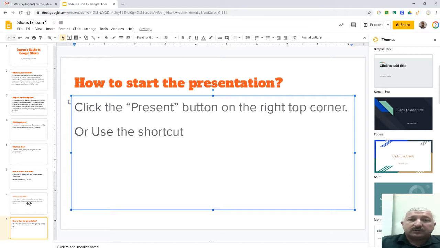Let me show you the shortcut. I'm going to the top right corner and finding the present button. Do you see this one? Good. When I hover my mouse on it, do you see the keyboard shortcut? It says start presentation, CTRL F5. So let's type the shortcut, CTRL plus